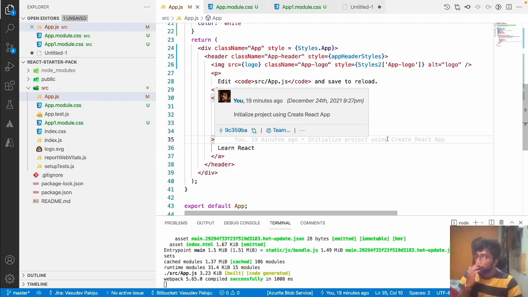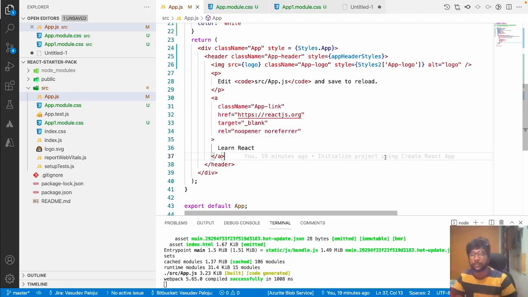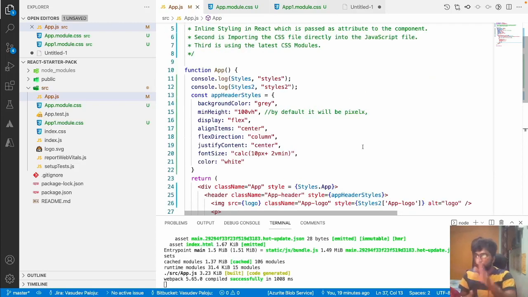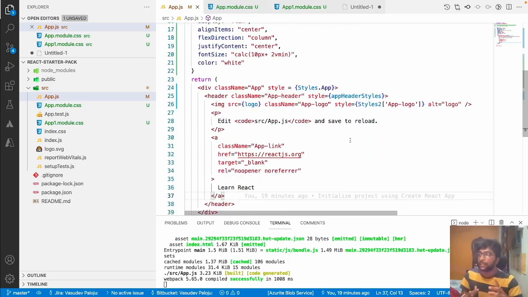And what is the perfect use case for it? Maybe you have light mode and dark mode, and in the light mode you're changing the order of CSS, and you want to apply something altogether different. Then you can define which styles to apply. So you can decide if it is dark mode, then you can apply the styles from the app styles file, or if it is light mode, you can use the styles2 file, right? So this way you can alternatively use everything, and always remember that inline styling has the highest priority over